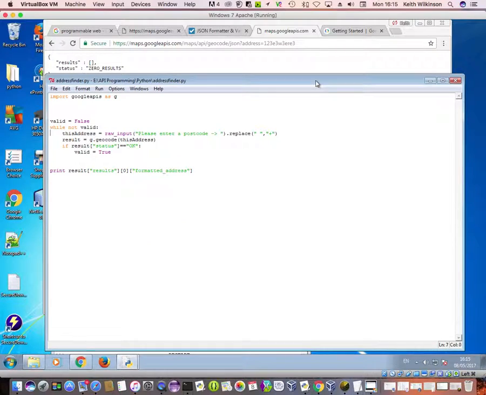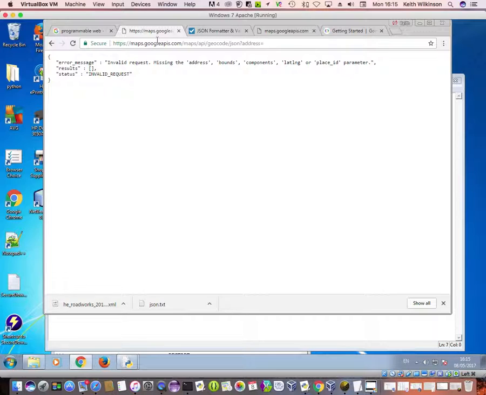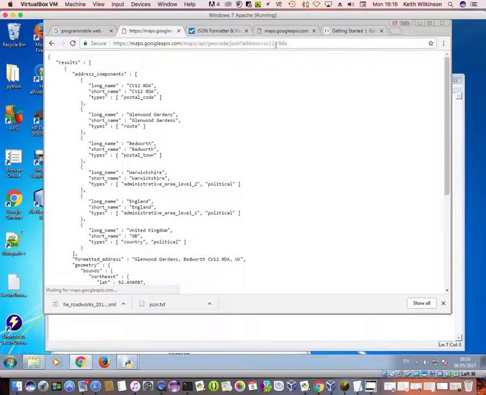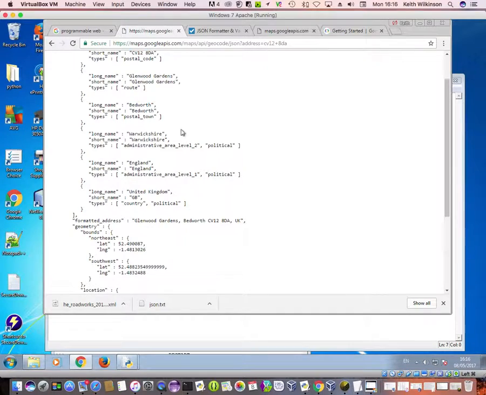The other file that we started off with and we took out, our address finder, I'm going to use this to have different calls. Now what I'm talking about, when we did the proper address, so if I put in again CV128DA, when we got the data back, we had quite a bit of information. We had a postcode, we had